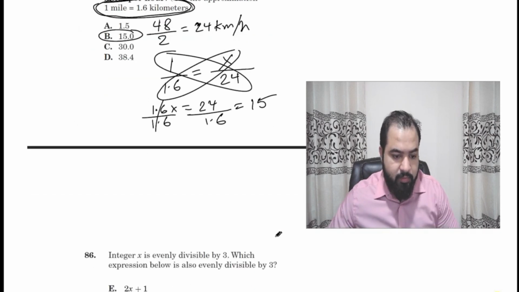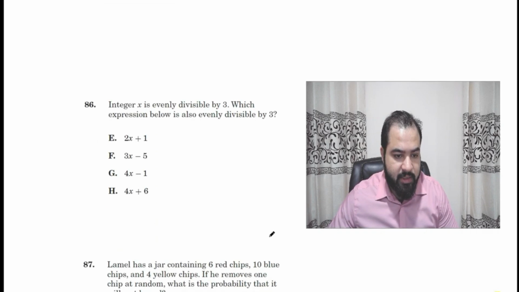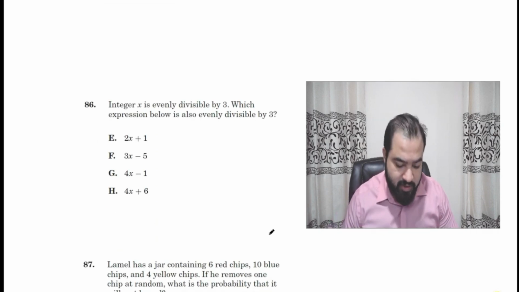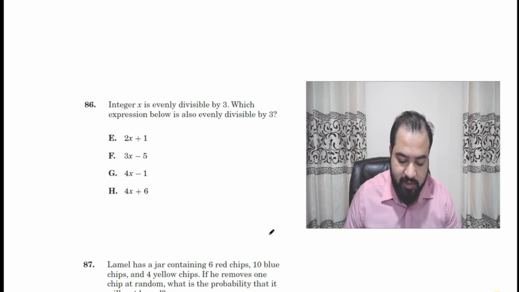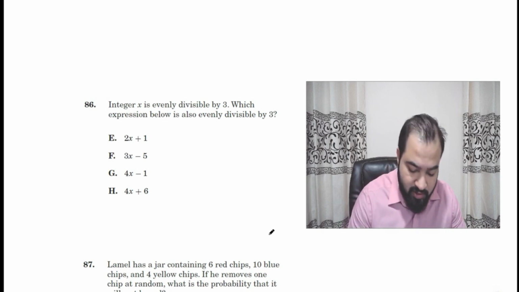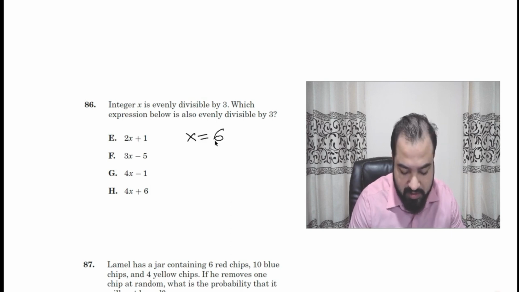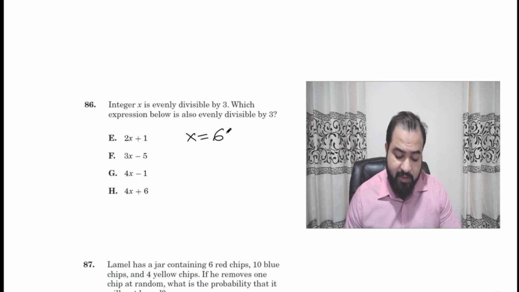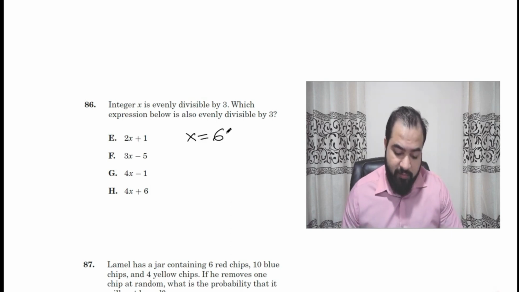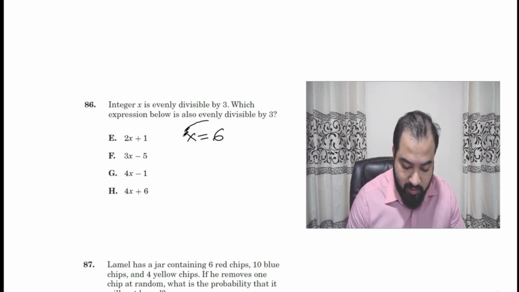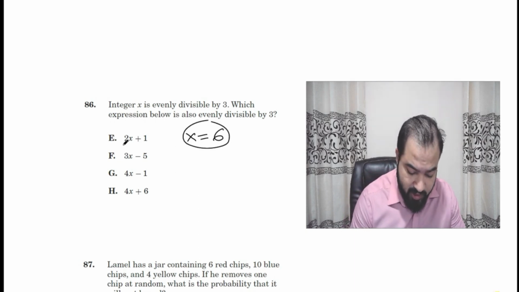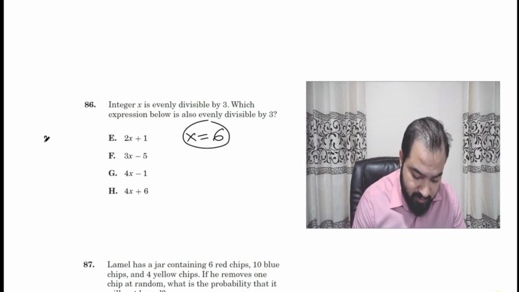All right. Next one, question number 86. It says integer x is evenly divisible by 3. Which expression below is also evenly divisible by 3? So let's pick a number that is divisible by 3. Let's pick a small one. Let's say 6. So let's plug it in. If we plug in x equal to 6 for the first option, we get 2 times 6 plus 1, which is